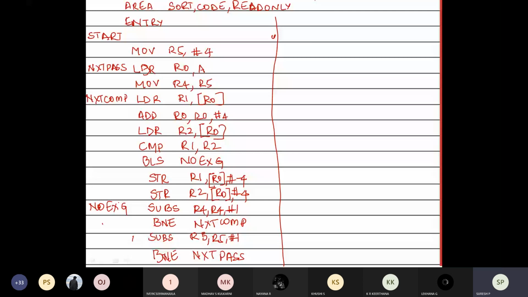Next I need to load the starting address of my array where it has been stored, which is 0x40000. So next it will be END. Okay, so this is what the program tells.